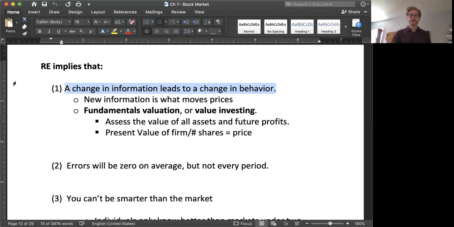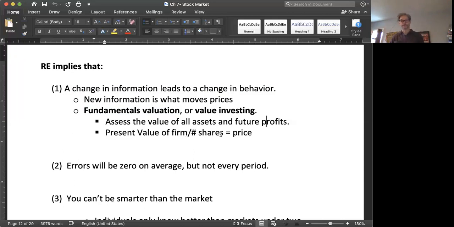This is what often is referred to in finance as fundamentals valuation or value investing, right? Where you essentially go out there and you use all available information to assess the value of the assets and the future profits of the firm. And then you figure out what the present value of the firm is, and you divide it by the number of shares, and that should be the price, right? That's a very rational way of thinking about what a stock should be worth. You figure out what's the value of the company, you divide by the number of shares, that's what you pay